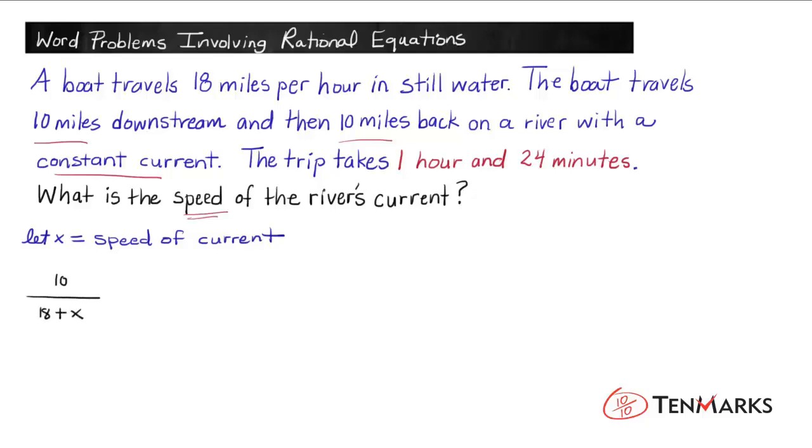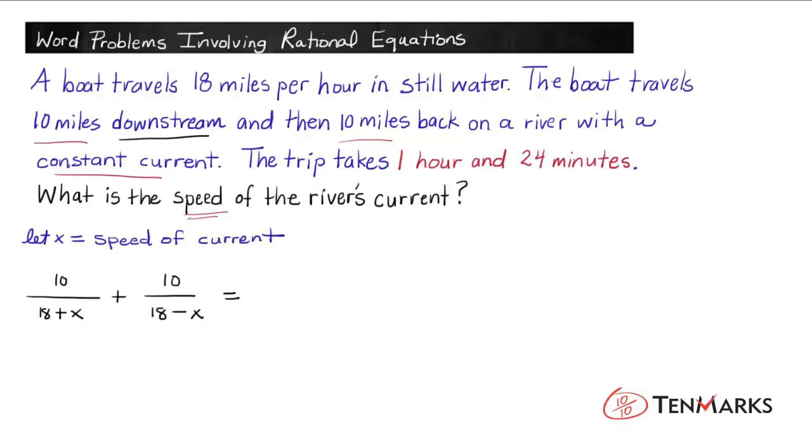And we're adding because it says that the boat is traveling downstream, and the current is going to be moving in that direction. Then we'll add the second half of the trip, which will give us plus 10 divided by the rate of the boat minus the rate of the current, because now the boat is traveling against the current. And we're going to set all of this equal to the time it takes for the boat to make the